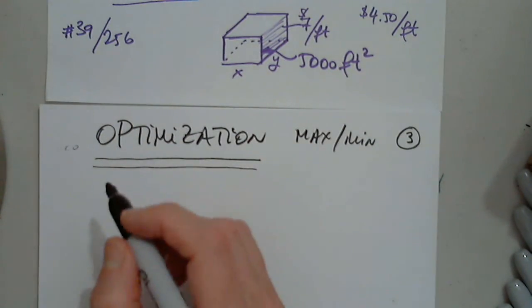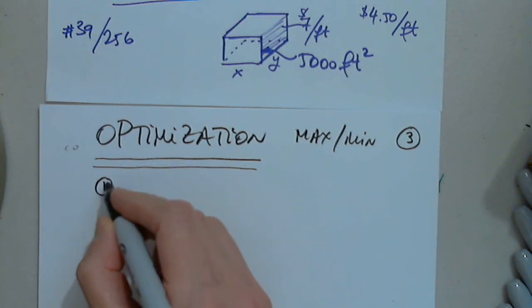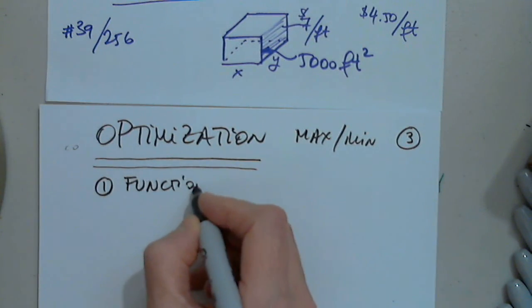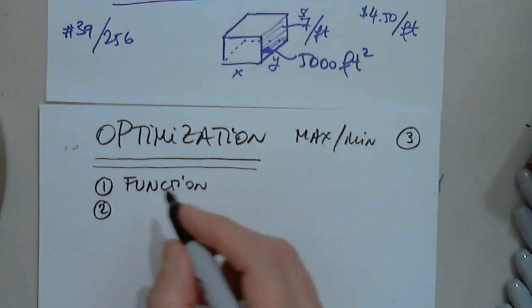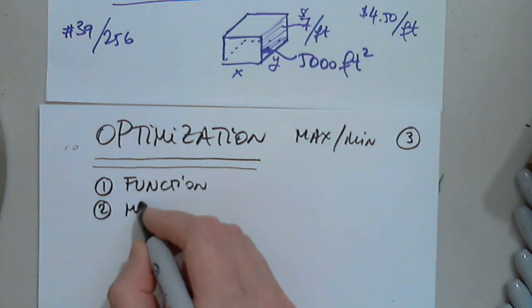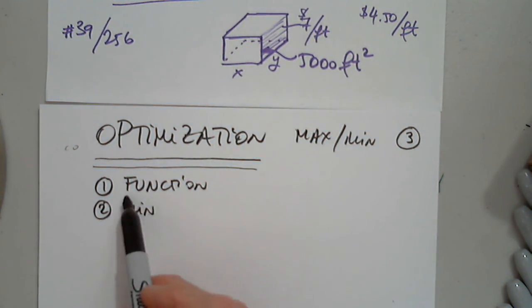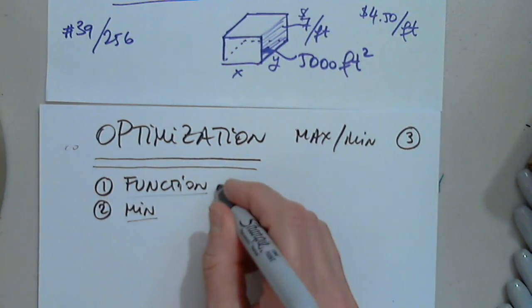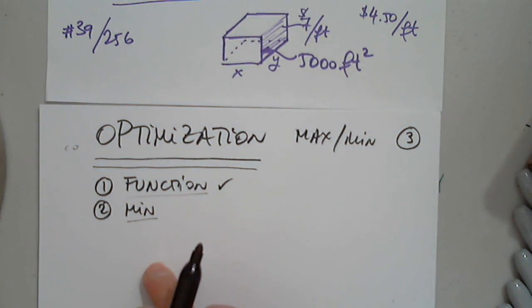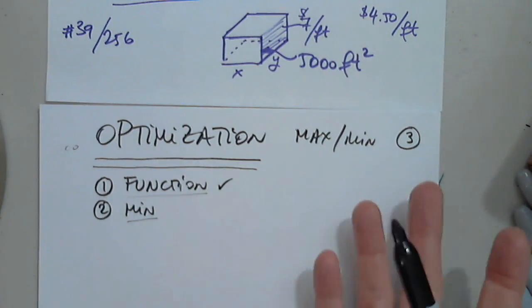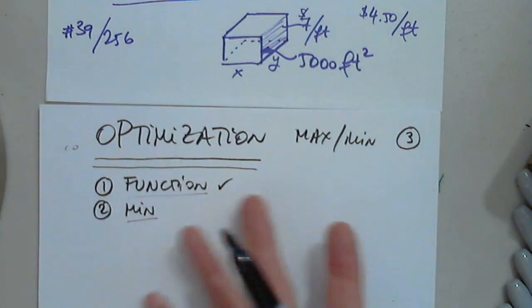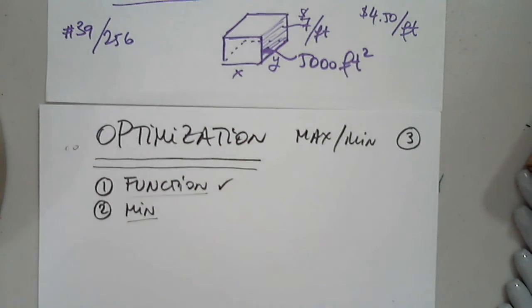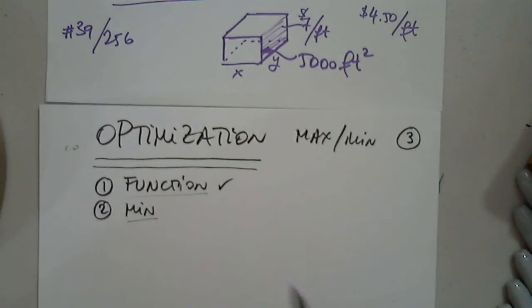Now, we have to create a function. This is step number 1. I have to find a function. In step number 2, I will find whatever I'm asked. In this case, I'm asked to find its minimum. If I don't have the function, I will not be able to find the minimum. So first, I focus on finding a function, and then the rest is easy because I know how to find the minimum. Find critical numbers, study the sign of the derivative, put it in the table, and I'm done. So the difficult part here is, if you want to say difficult, but